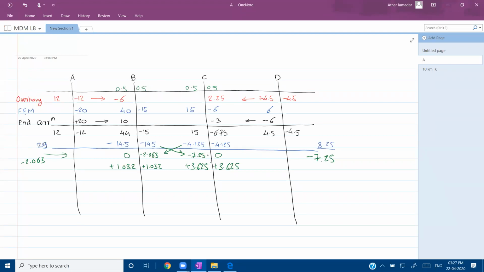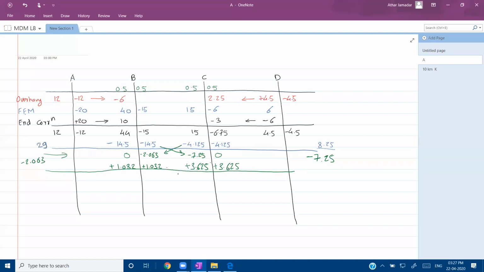Similarly, for support C, on the left-hand side minus 7.25 moment is there. On the right-hand side there is no moment present. That's why we are taking zero. So whenever there are two consecutive supports, you have to take zero on the side of the support where moment is not present. So now from here